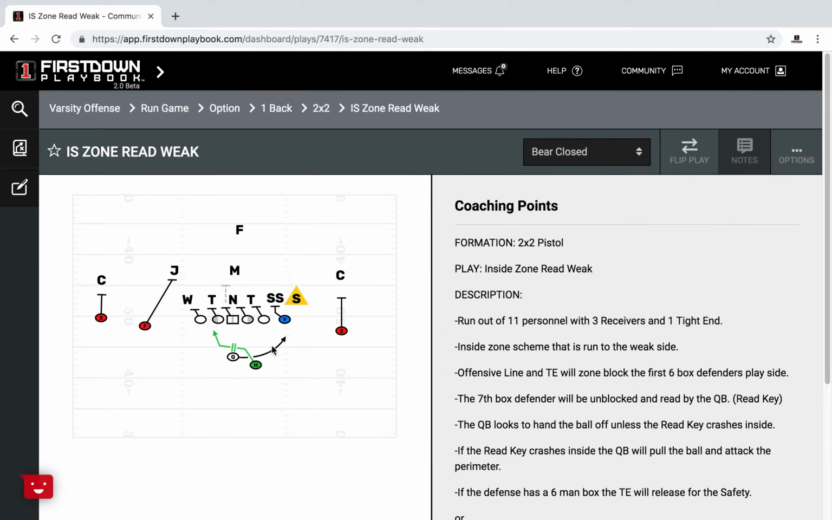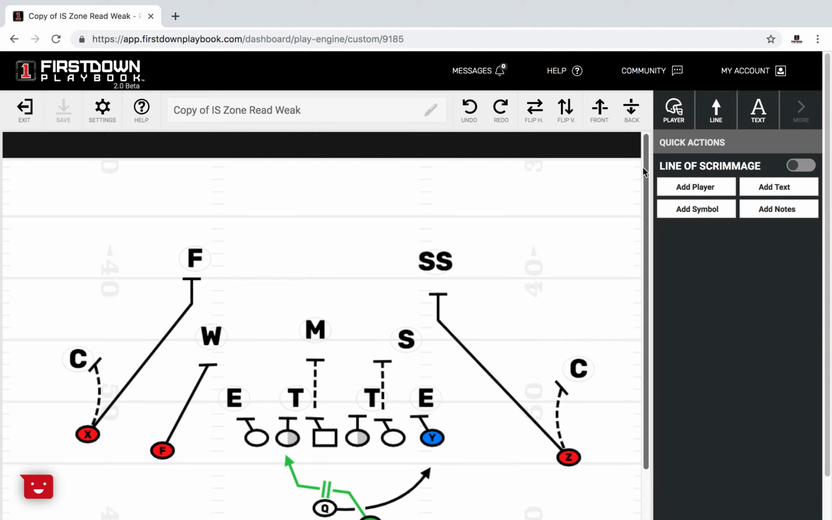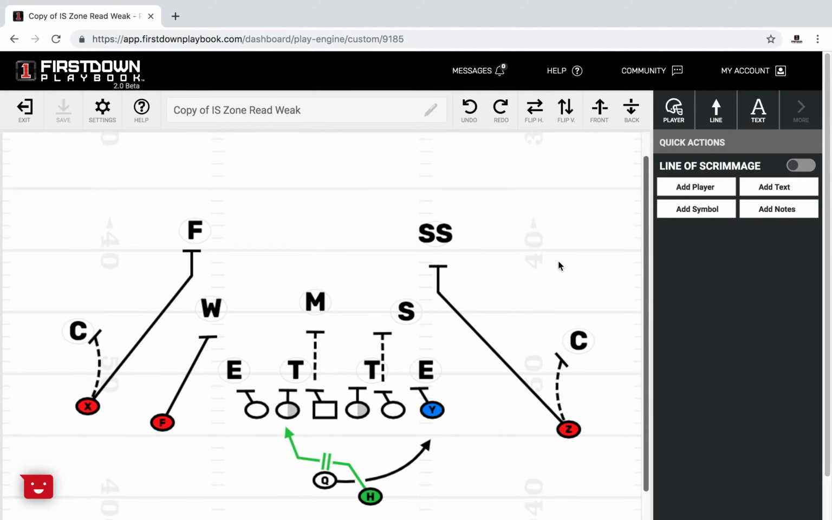You'll have the ability to come in and edit the play. You can also edit the coaching points. And to that point, as you go to options, you can share that play, you can print that play, and now you can edit that play. We're not going to get into a lot about what type of editing we would be doing here. But let's just say